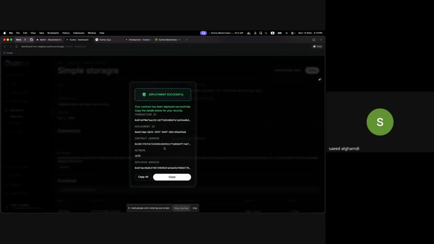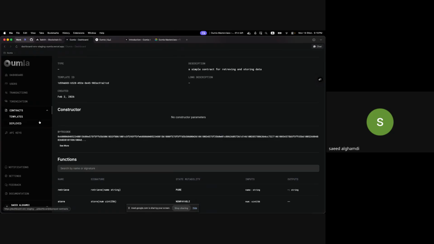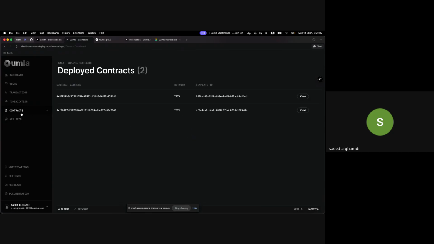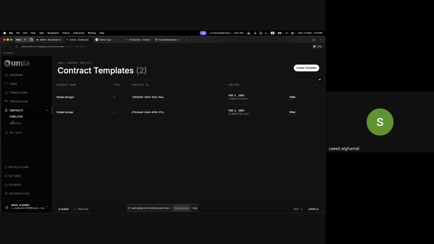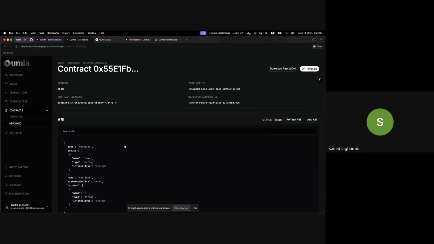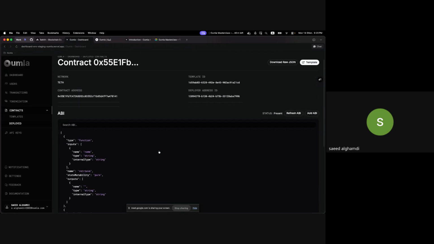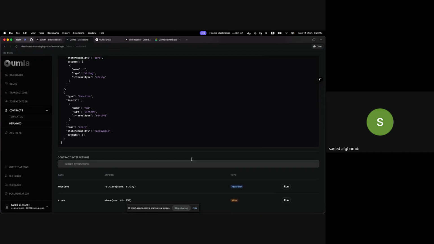It will take some time because we are deploying on a public testnet, which is Sepolia. But for the hackathon, it's processed successfully now. So we have all the information about the deployment: the contract address, deployer address, transaction ID, and so on. Let me close that. Since we deployed it, now we can go and interact with it. Before that, let me see the root ID. It starts with 1D. This is the recent one that we deployed.